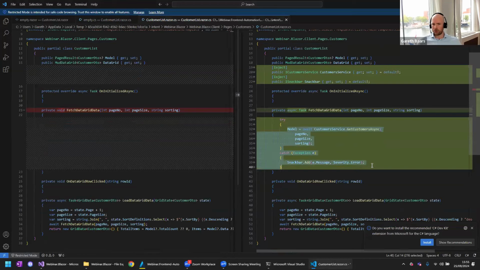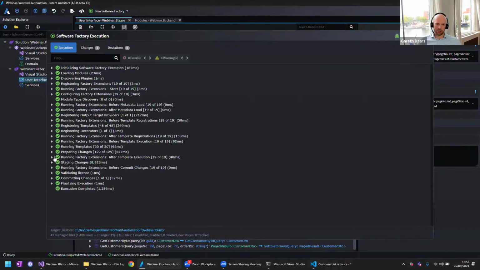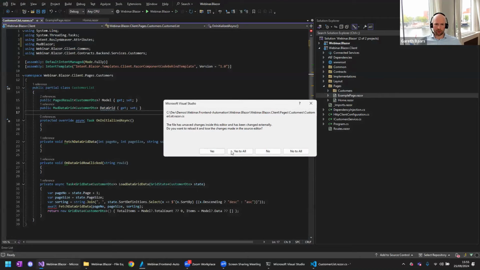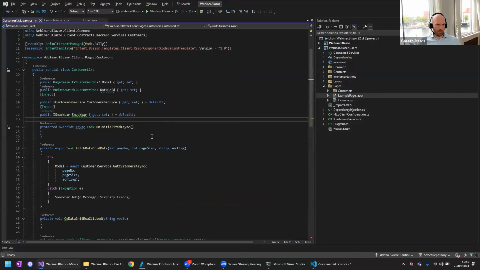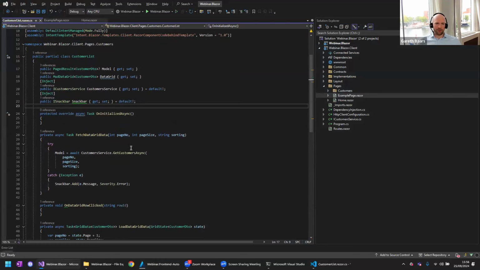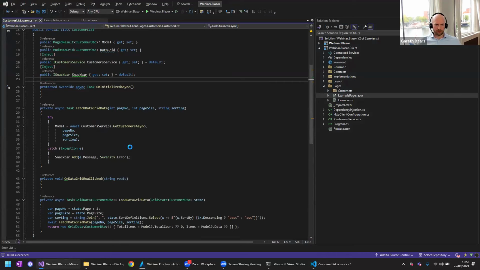So there's our call to the system. Now you can see that this has been switched over to be an async call over here. And we can say apply changes. And what we should be able to see is that this code is, yeah, there we go. Everything's worked itself out. If we launch up this application,